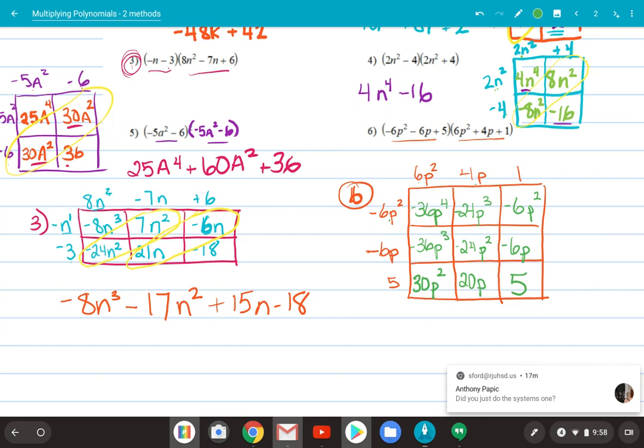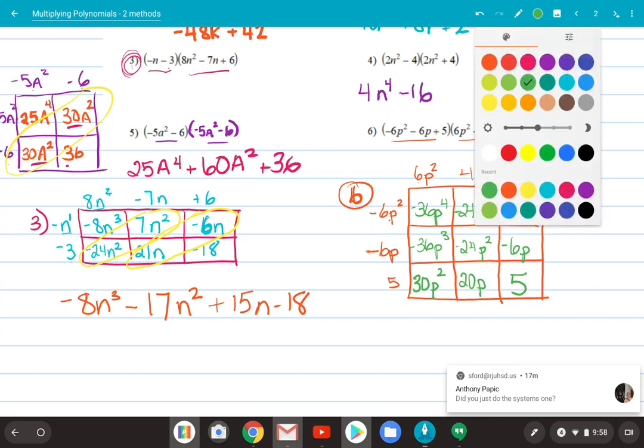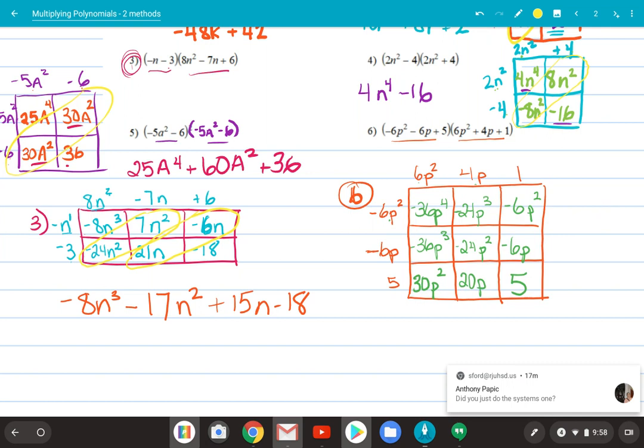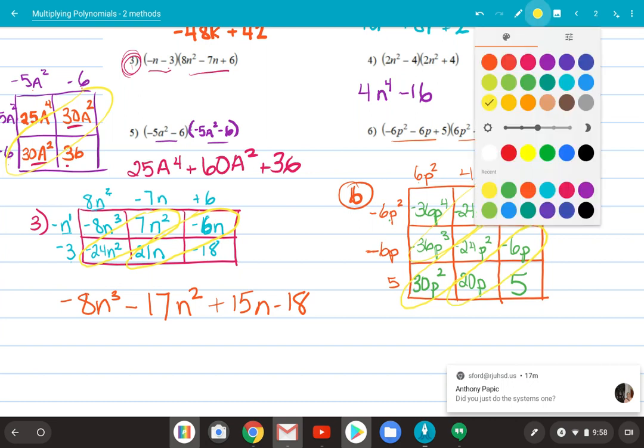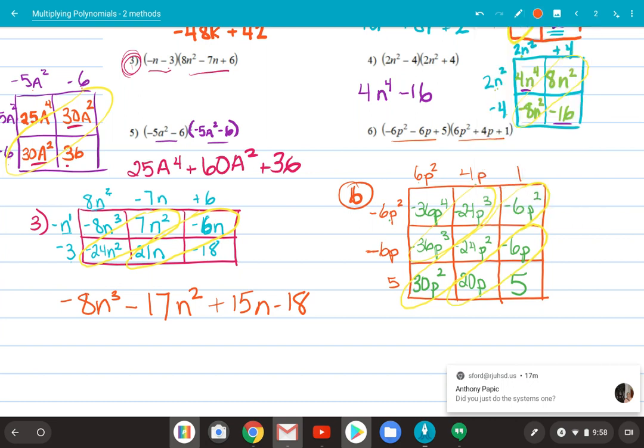Now again, with the diagonals, we have these two that both have cubes. We have these 3 that have squareds. And we have these 2 that just have regular p. So it makes it really nice and organized. So we're going to get negative 36p to the 4th. And then we're going to get negative 24 minus 36. So big minus